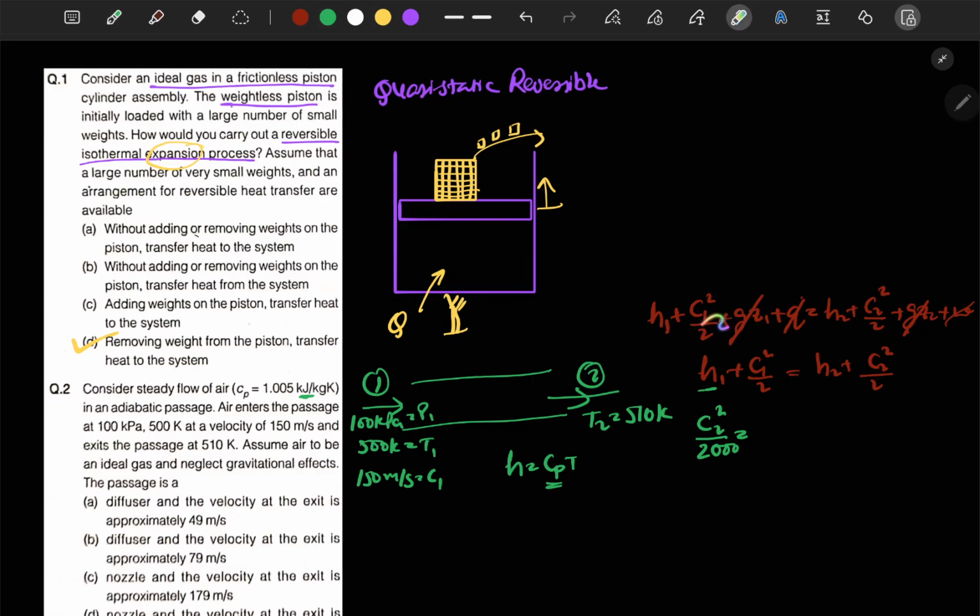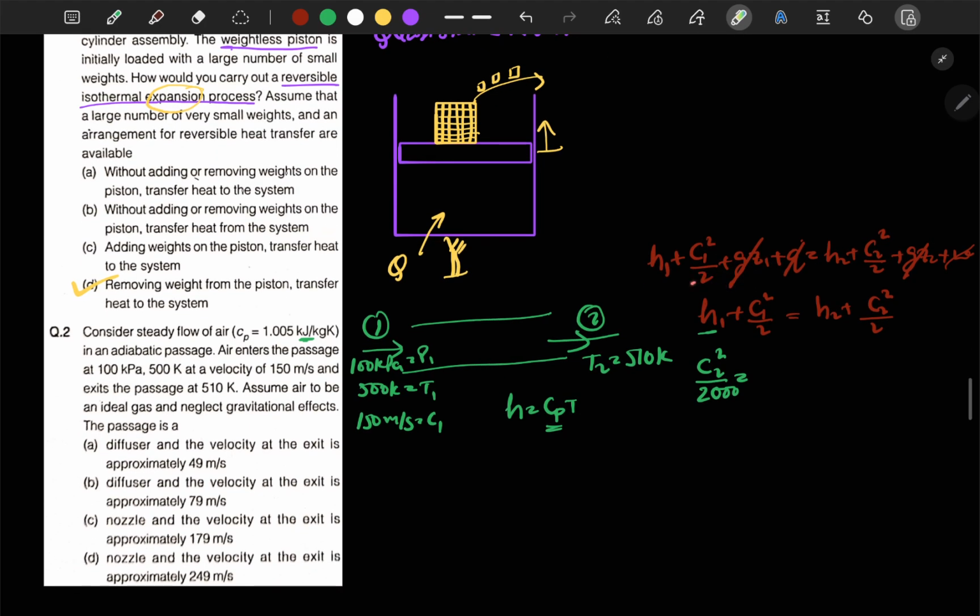Let me do it again: we divide the whole term by 1000, so C1 square by 2000, and similarly we divide C2 square by 1000. This is generally what we use mathematically for our steady flow energy equation, so we will do the same thing here. C2 square by 2000 will be equal to